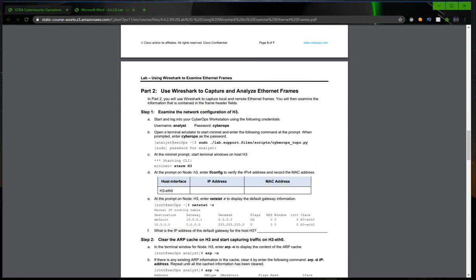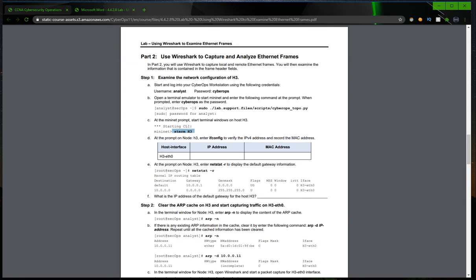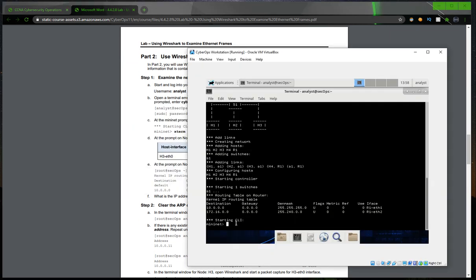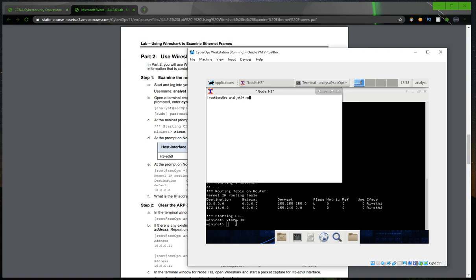Now the next thing we have to do is type the command xterm H3 and then netstat -r to get the default gateway.